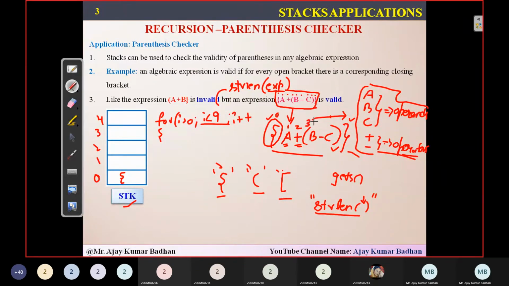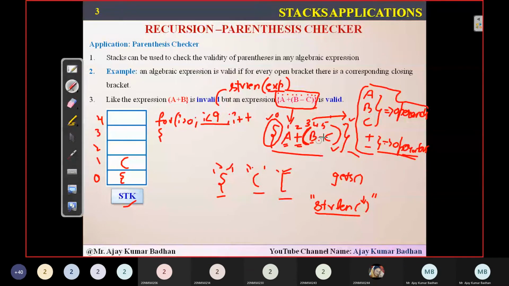Now when I'm coming to the third location, what is this? There is an opening bracket. And whenever you have an opening bracket, what did I tell you? Whenever you have an opening bracket, any one of them, simply push that particular bracket into the stack. So since I have an opening bracket at position 3, I will push it into the stack. Okay. So in the next iteration, at the fourth position, I am having B. I am not interested, so just skip it.